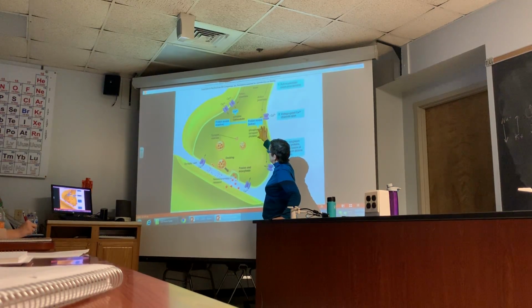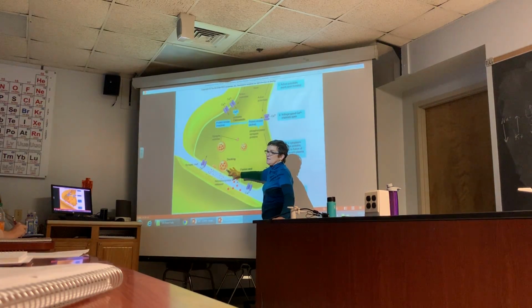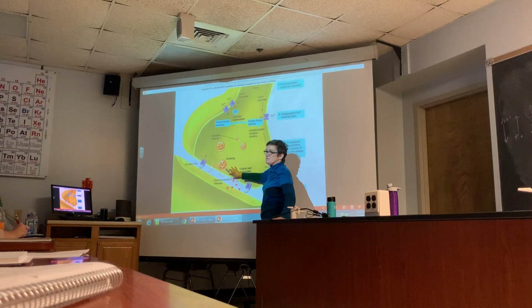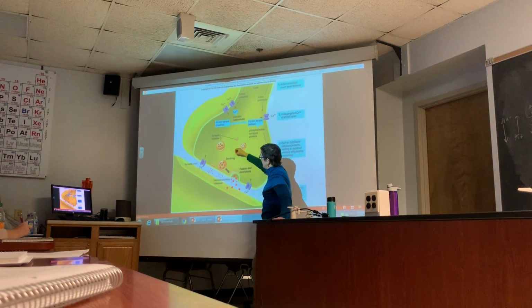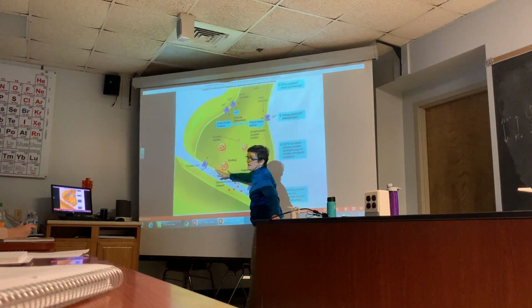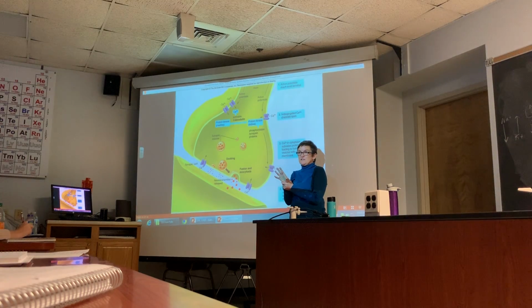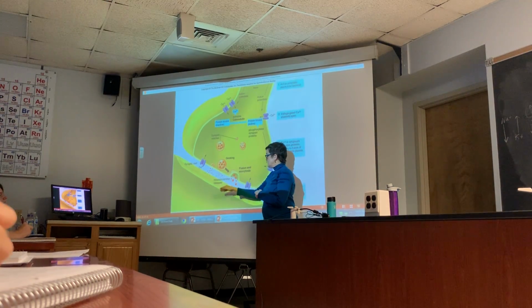So by activating synapsin, it allows the synaptic vesicles to migrate to the very tips of the synaptic end bulb, and then those vesicles, because they're membrane-bound, fuse with the plasma membrane, releasing the neurotransmitter by exocytosis, and then that neurotransmitter diffuses across and binds to the